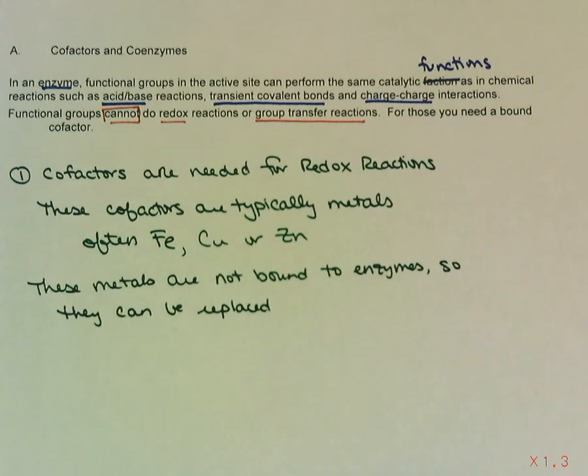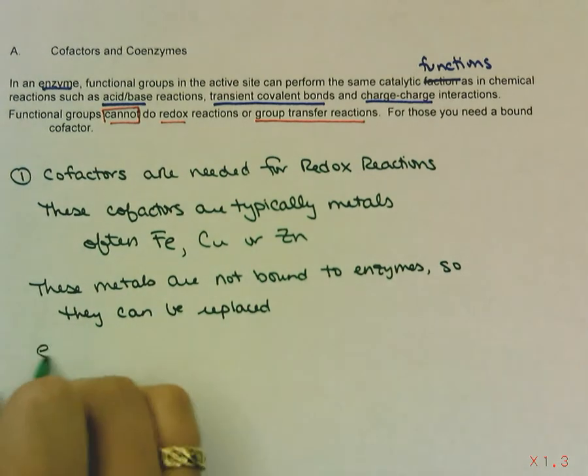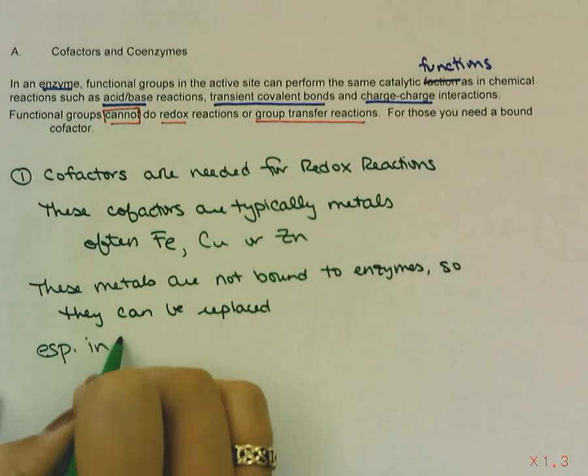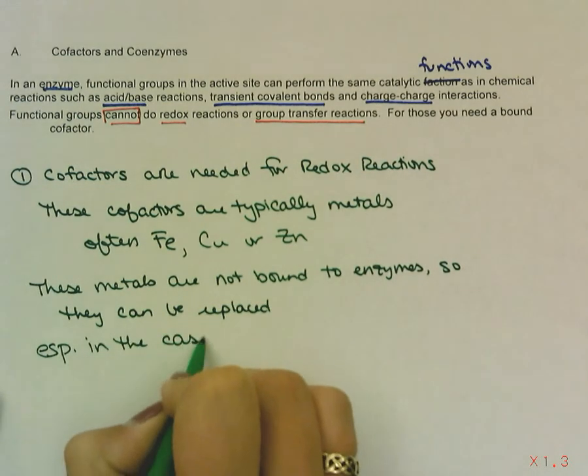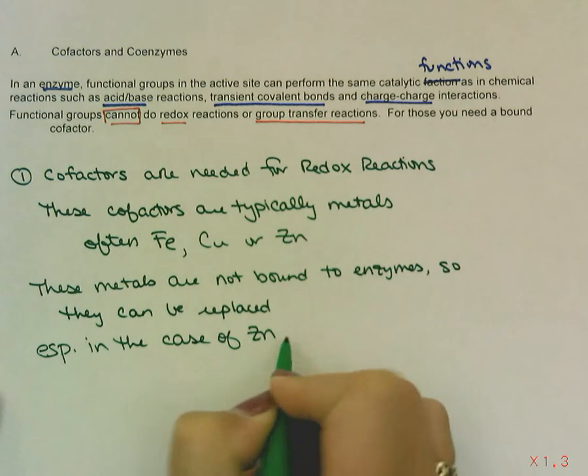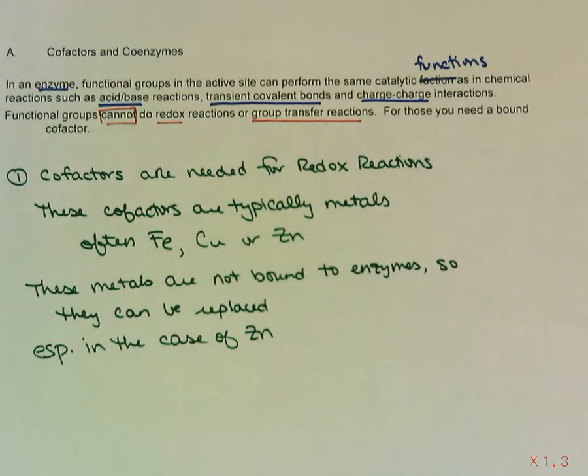It's loosely held in the center of an active site. Same thing with these metals. They're not covalently bound to the enzyme, so they can be replaced. So especially in the case of zinc,